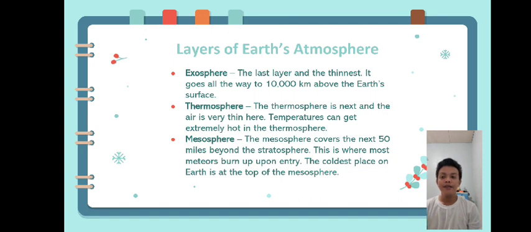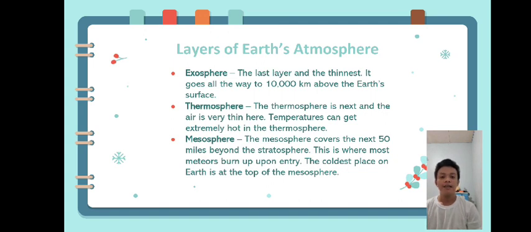So next layer is the thermosphere. The air is very thin here. Temperature can get extremely hot in the thermosphere. Na-mention nga dito, this layer is the most extremely hot layer in the Earth's atmosphere. And also, it protects the Earth and makes exploration of space and space communication possible. So, dito pumapasok yung mga satellite, ganyan, para makapagbigay ng signal sa Earth kung ano ba yung kaganapan in the